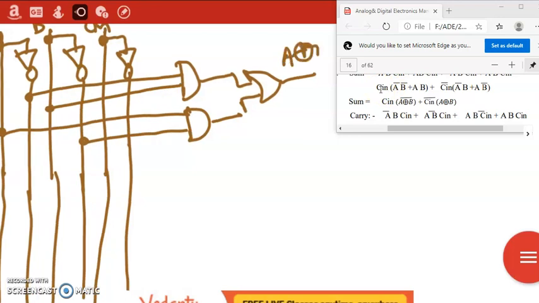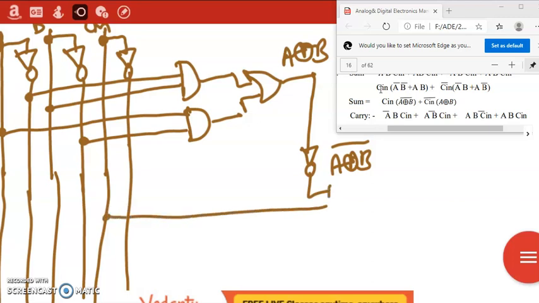Here it is A XOR B. You pass this to an inverter, so we can get XNOR. So here it is A XNOR B. You multiply this with C in, AND with C in, so you get this term.